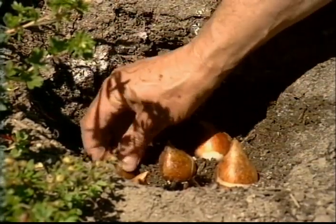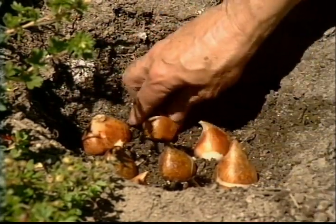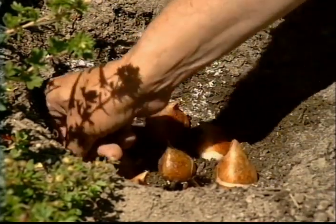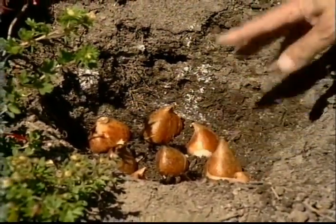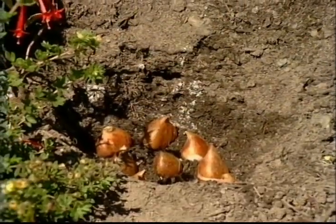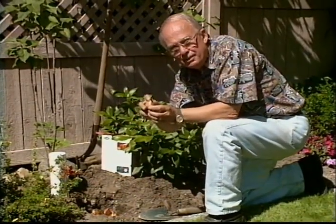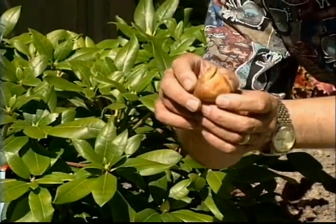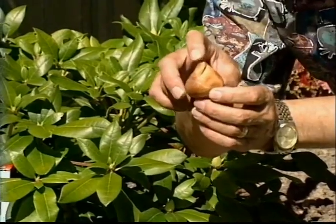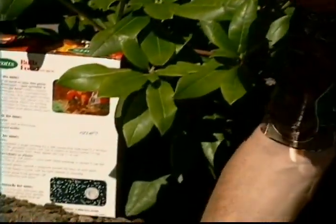So by leaving a little bit of space between the bulbs, then it's much, much better. And in this case, I'm going to plant a whole dozen, actually it's 10, excuse me, in this planting hole. I bought these by the tens. All the bulbs are pointed end up. That's really important because sometimes we tend to plant them the wrong way and then we get into a little bit of trouble. They still will bloom, but it's pointed end up on almost all bulbs that you plant into